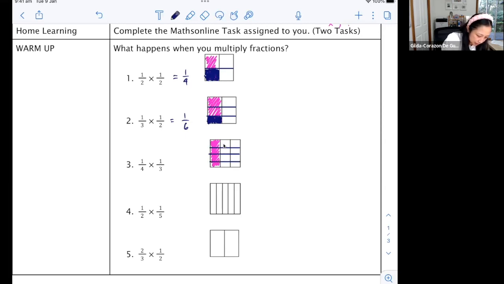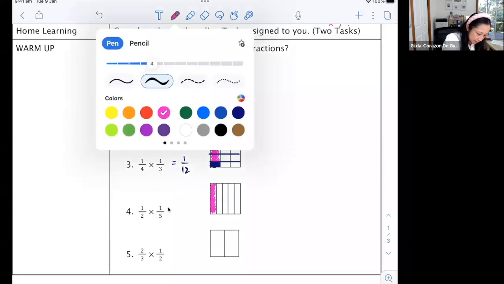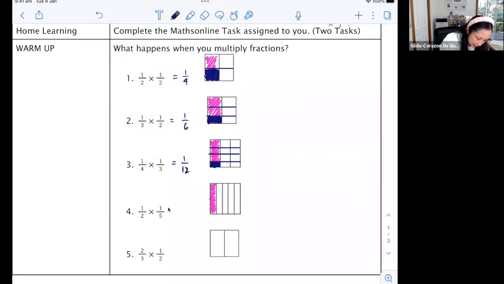We just want 1/4 of that, and essentially that's 1 out of how many parts altogether? That's 1 out of 12. Now, if we do that again, we shade 1/5. Where is 1/5? That's 1/5. We want to get half of that, and therefore we have this bit here,